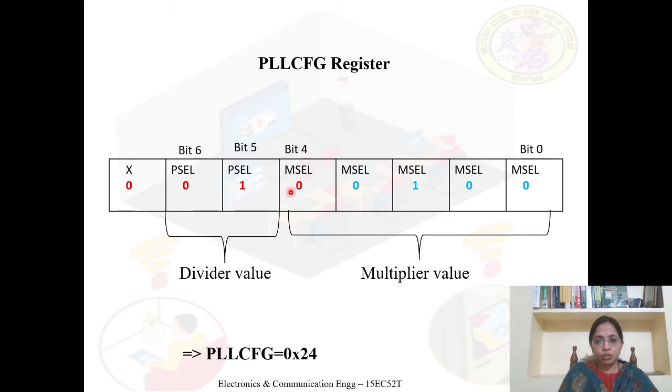Okay. So after storing the values, when we obtain the equivalent hexadecimal number, the lower hexadecimal digit that I am obtaining is 4. The upper digit is how much? 2. So 2 and 4, the number is 24. This number should be written into the PLL configuration register. So this is about the design part. From these calculations, we got to know what the M value is, what the P value is, and what value needs to be stored in the PLL configuration register. So this is the design part.